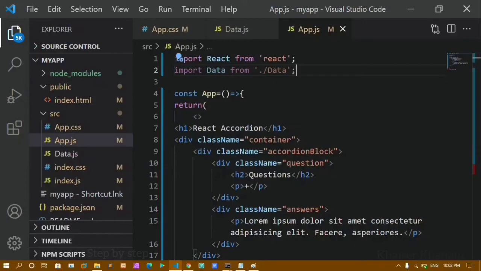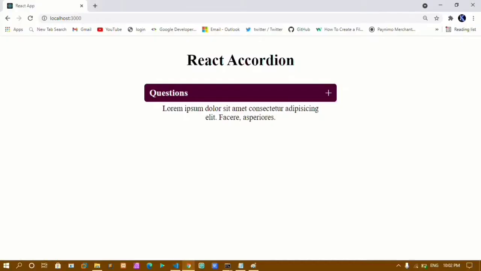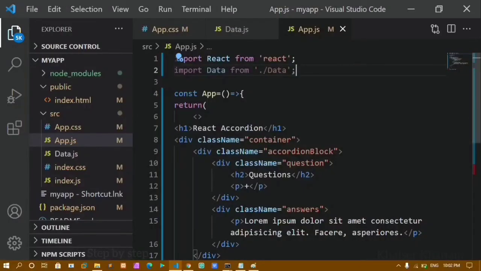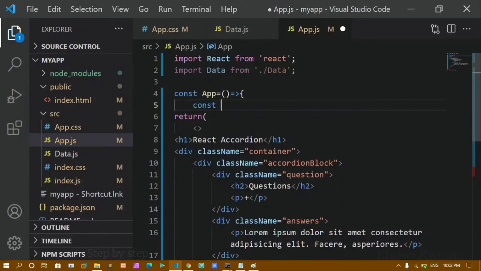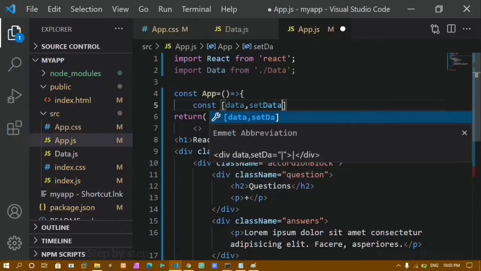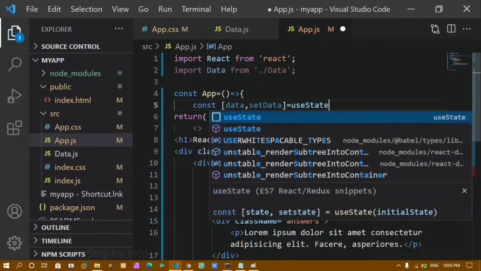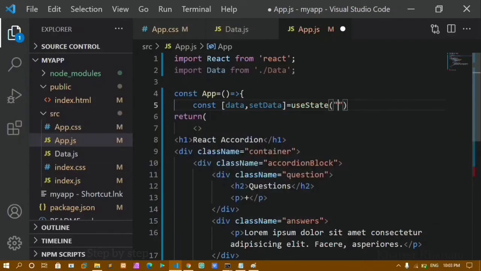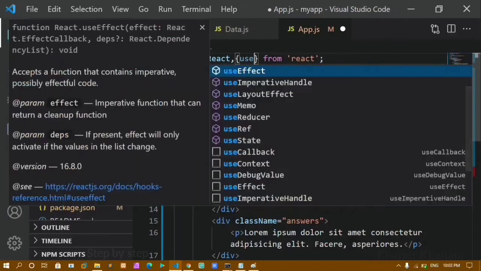Now we are changing the state of the element. Okay, now when I click on this, it will hide. Now when I click on this, it will show. And also I am changing this content, so I'll be using state. Here I'll be defining the state const, I'll just give here data and set data. Inside this I'll just give here hello. Now once I use useState, I have to import that one. Here I'll just write useState.